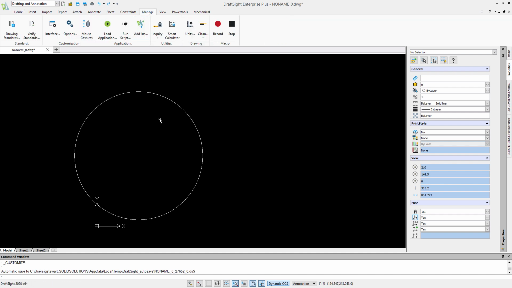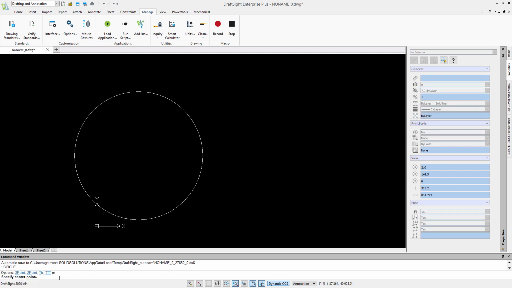One of the popular ones is to have the cursor show as a crosshair. So normally when we're creating new geometry, like for example the circle, we can see that the cursor is now a crosshair. And many users like to have that persistently on screen. So let's see how we can do that to our system.